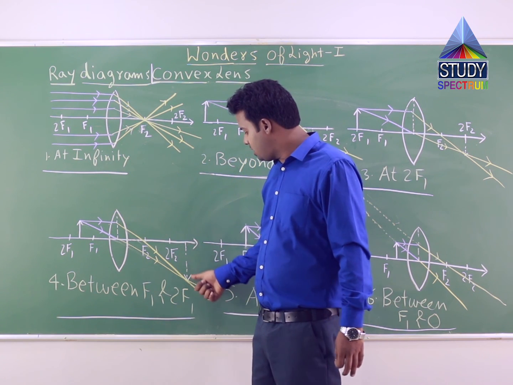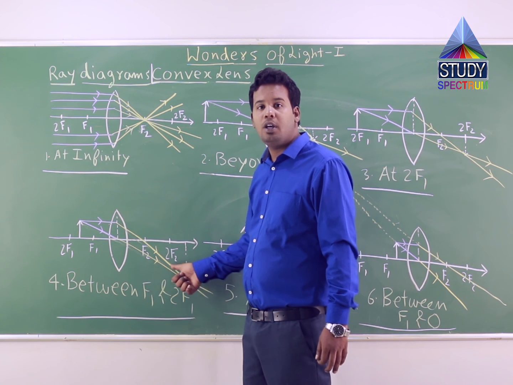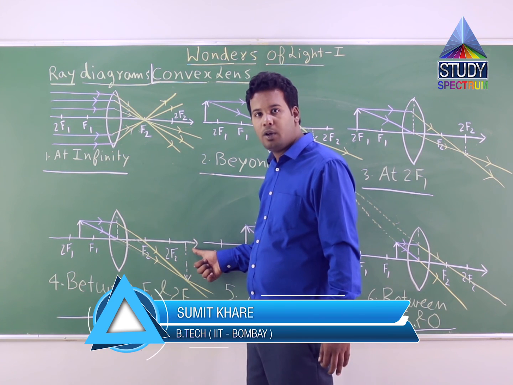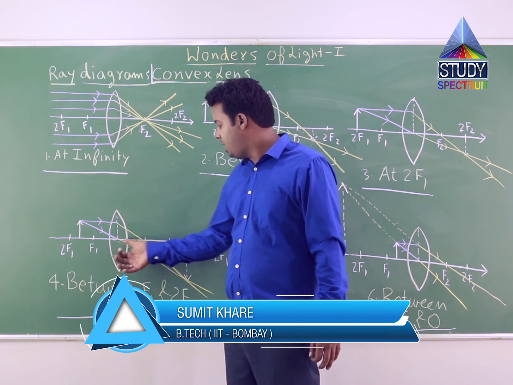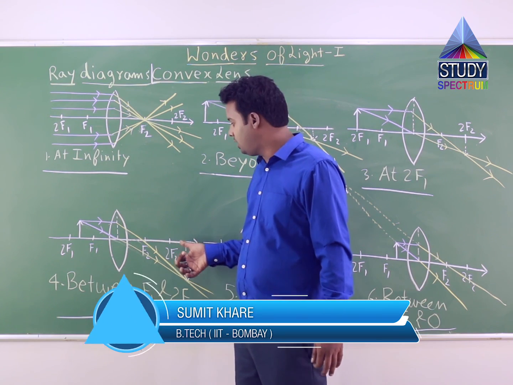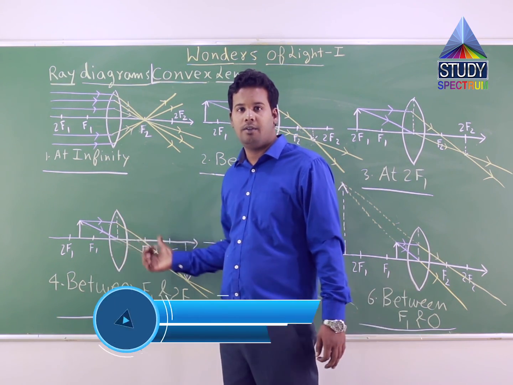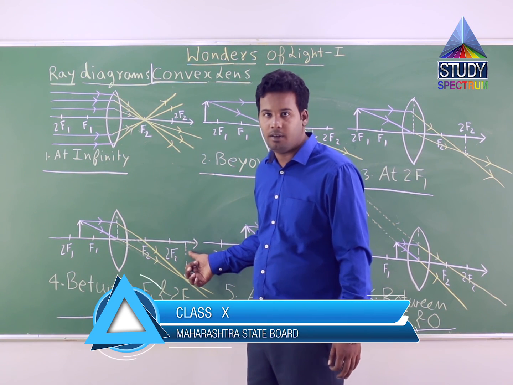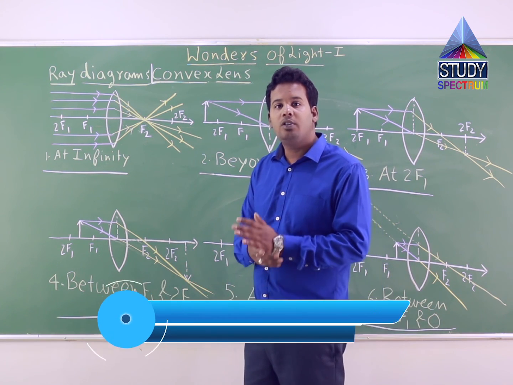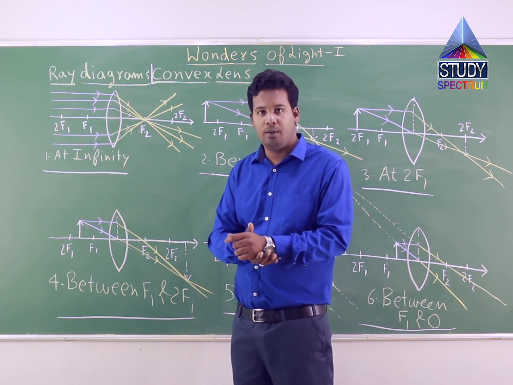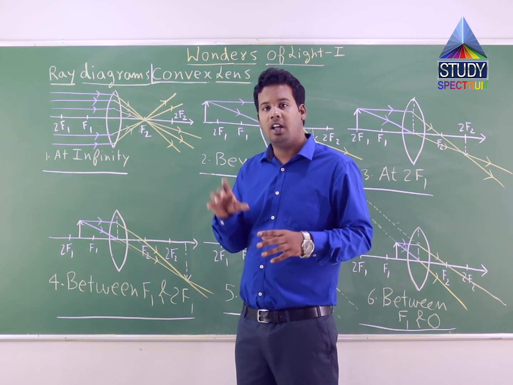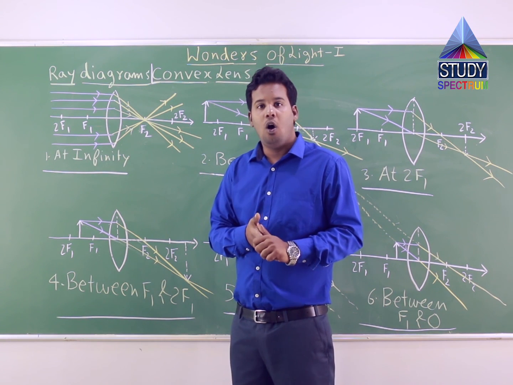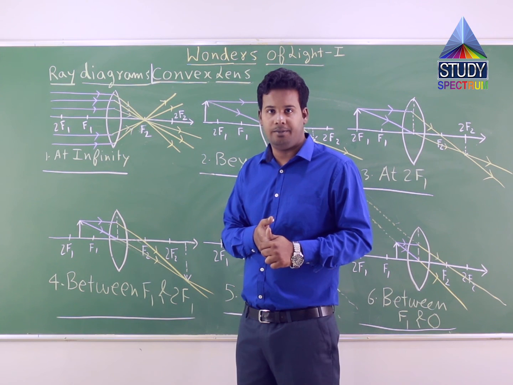So the very first result which we have seen, the image is formed beyond 2f2. Correct? You can see this image dotted arrow, it is forming beyond 2f2. And also, since this image is forming behind the lens, on the other side from where the object has been placed, both on different sides of this lens, this image will be real. Second result. Then by using the magnification formula h2 by h1 is equal to v by u, we have seen the rest two results, whether the height of image is equal, diminished or magnified in comparison with the object, and whether the image is erect or inverted.